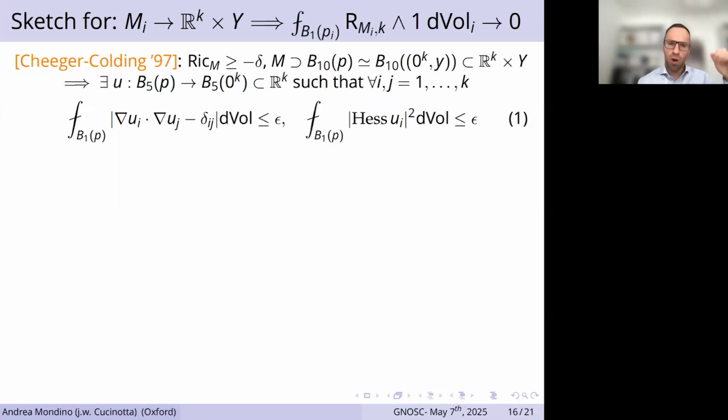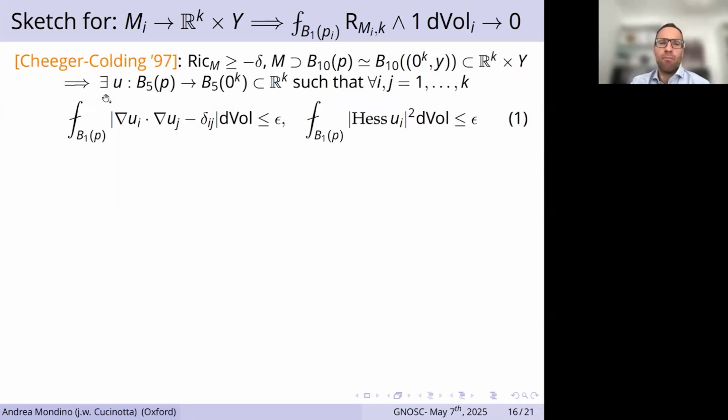Okay, so the building block of the argument are delta splitting maps, as in the work of Cheeger-Colding. What we know from Cheeger-Colding's work is that if you have a manifold M with almost non-negative Ricci, and this manifold contains a ball, say of radius 10, which is Gromov close to a ball of radius 10 in a splitting, so in a symmetric space, which splits isometrically as R^k times a space Y,